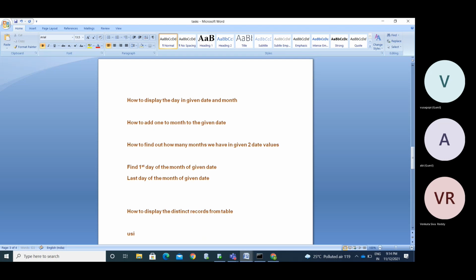Okay, so we have ways like unique and distinct. Without using distinct and unique, how can you find out?